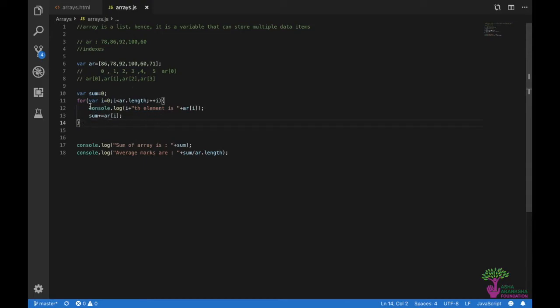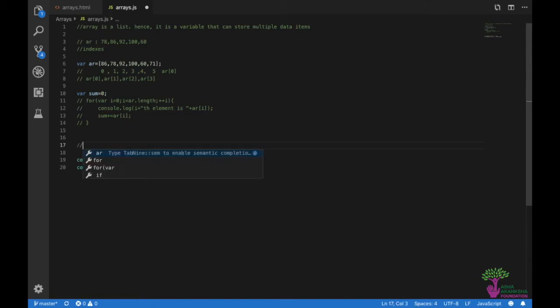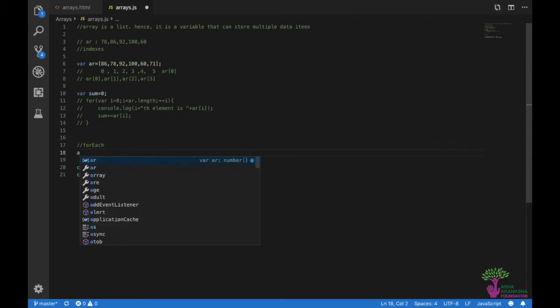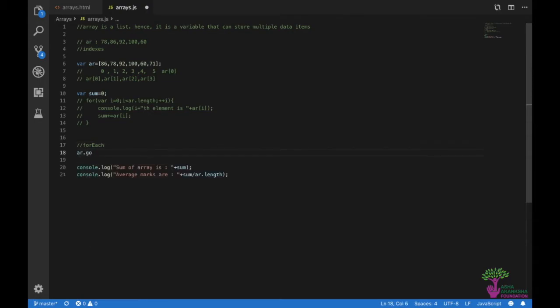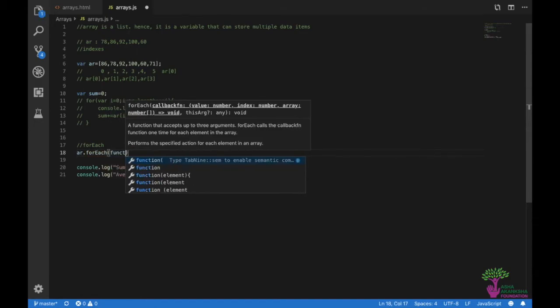So yeah, these are the two loops you could use. And there's one extra loop which is specifically made for traversing arrays. You cannot use that for anything else. It is a loop that you can use for arrays, and that is the forEach loop. I'll put a comment saying forEach, right? So this is my loop, and how you use that is you do array dot forEach. In here you write function,